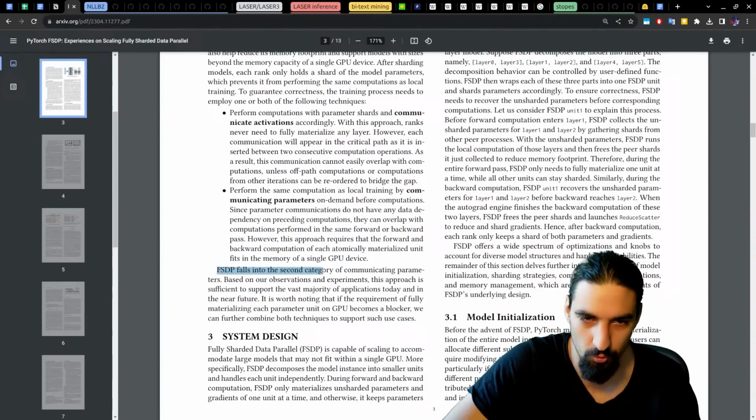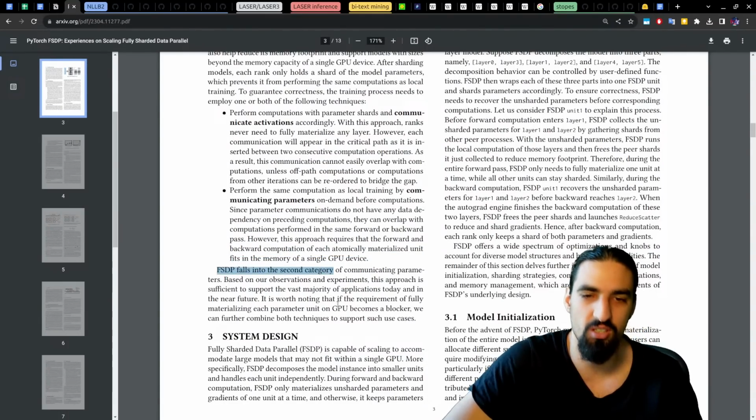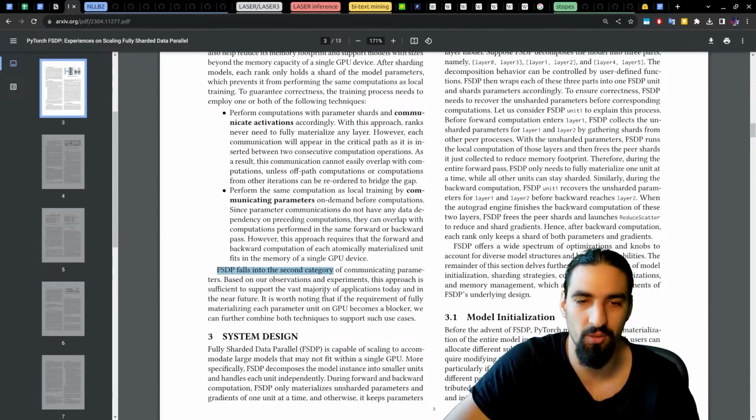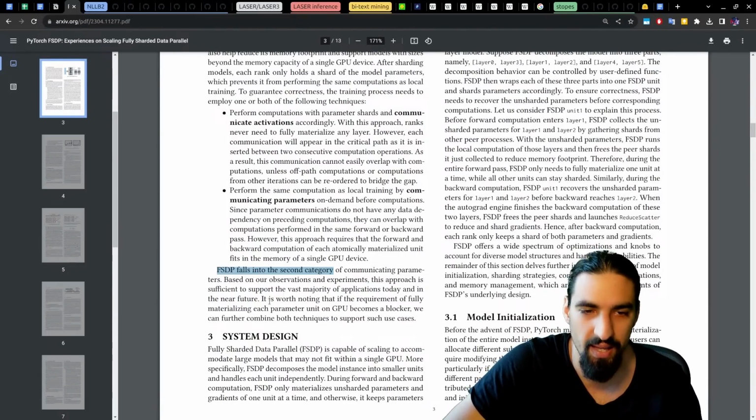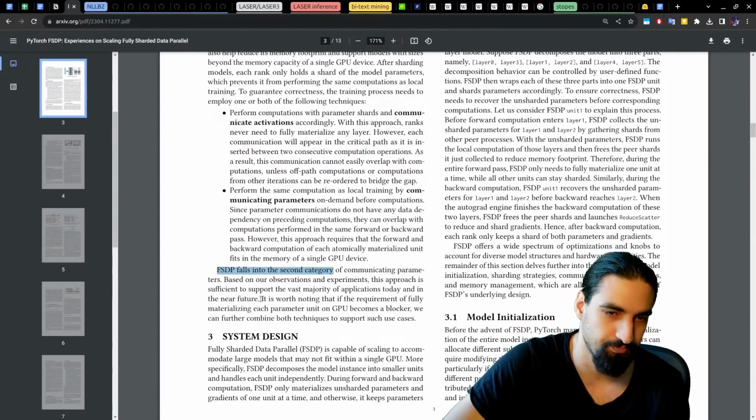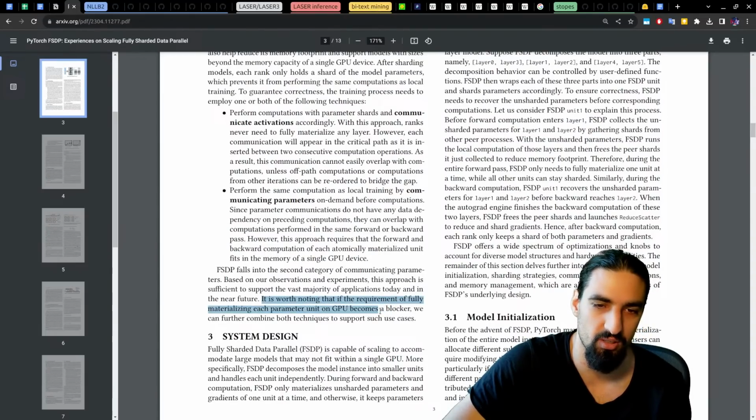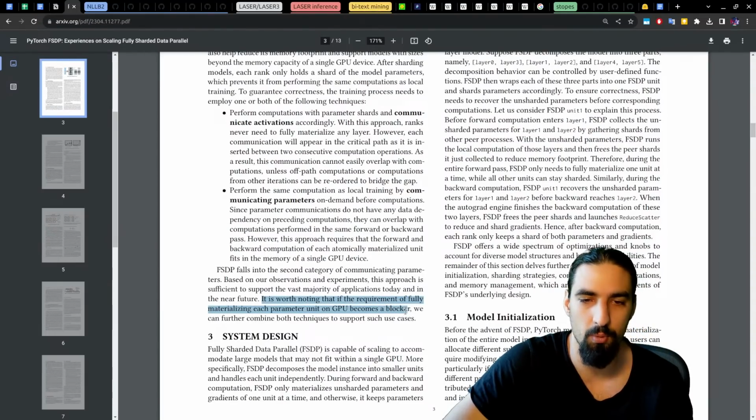FSDP, as I said, falls into the second category of communicating parameters. Based on our observations and experiments, this approach is sufficient to support the vast majority of applications today and in the near future. It is worth noting that if the requirement of fully materializing each parameter unit on GPU becomes a blocker, we can further combine both techniques to support such use cases.